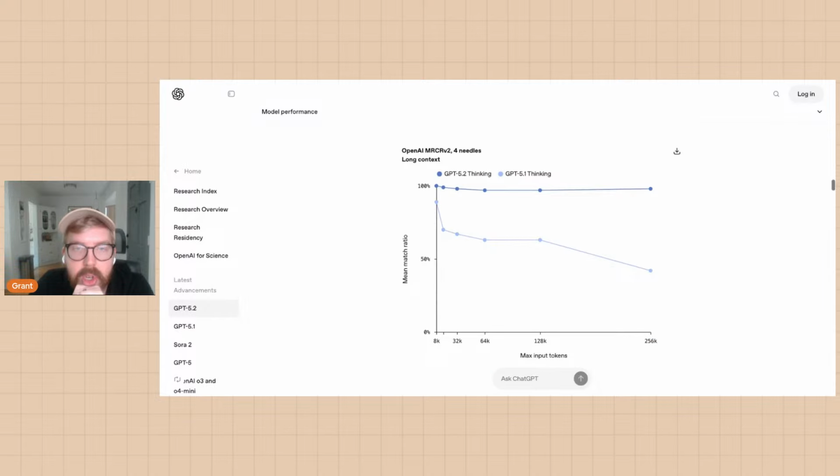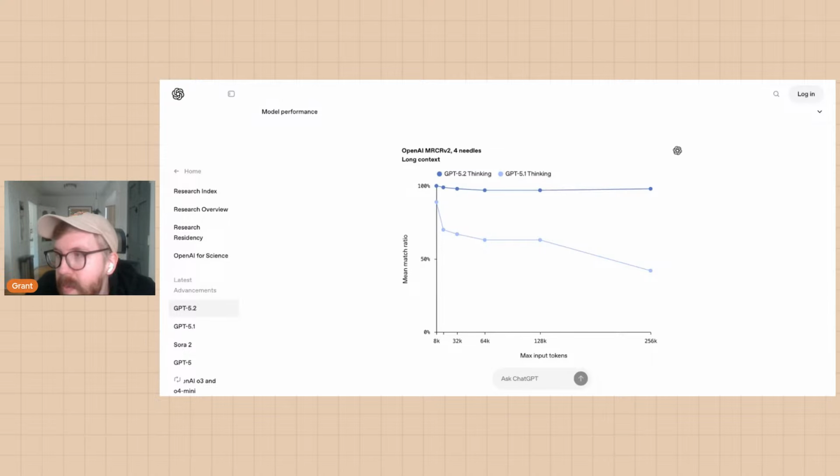So let's see a chart and see if this makes sense. Okay, 4 needles, GPT 5.2 thinking. It's pretty consistent across the board. And you can see compared to 5.1, it goes way down once you get into the 128,000 area.